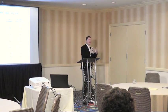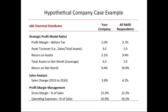Just here, if you got back the CPR, and let's say that you're doing consulting for this company, and you see this, knowing nothing else about the company except for what we're seeing here, what might trigger for us? What's the first thing you notice? Low profit margins, yes, for sure. But yet their asset turns pretty much in line, right? Return on assets,